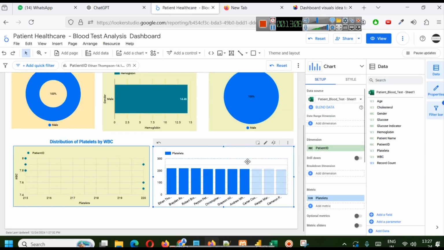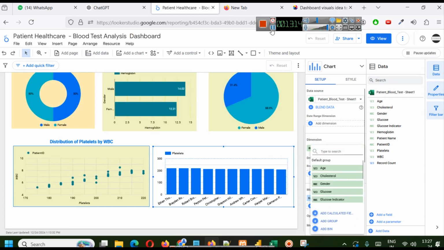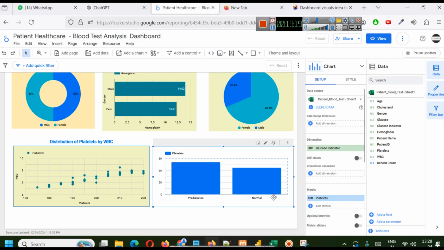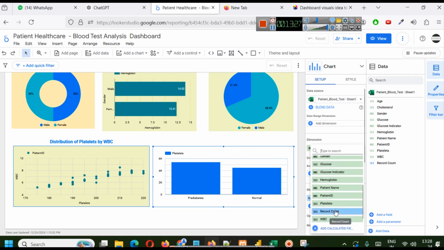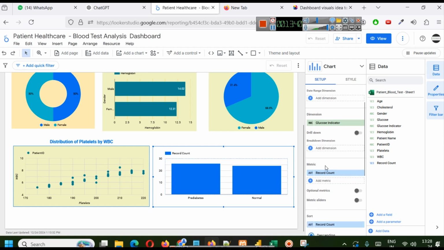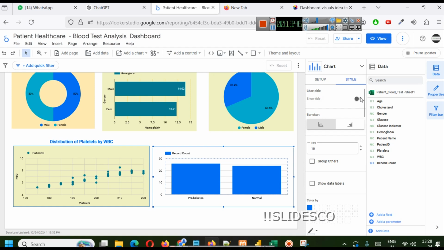Here we will use dimension. On dimension we will choose glucose indicator. And as per our data, in metrics we will choose record count, which appears automatically. So here you have the record count, and we have pre-diabetic count as 26 and normal patients are 24 out of 50. And now you can go to style and do what we have been doing so far,